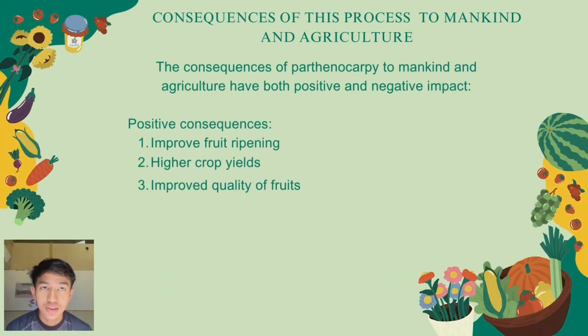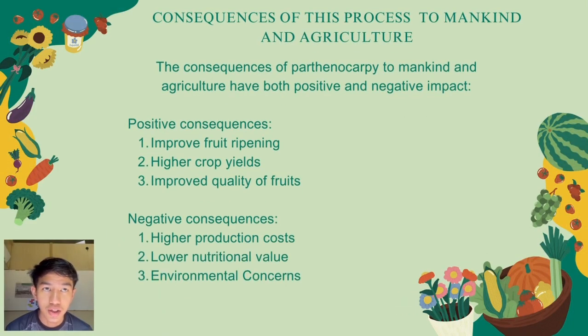The consequences of this process to mankind and agriculture. The consequences of parthenocarpy to mankind and agriculture have both positive and negative. The positive consequences: firstly, improved fruit ripening. Parthenocarpy can improve fruit ripening as it allows crops to develop fruit without relying on pollination, which can